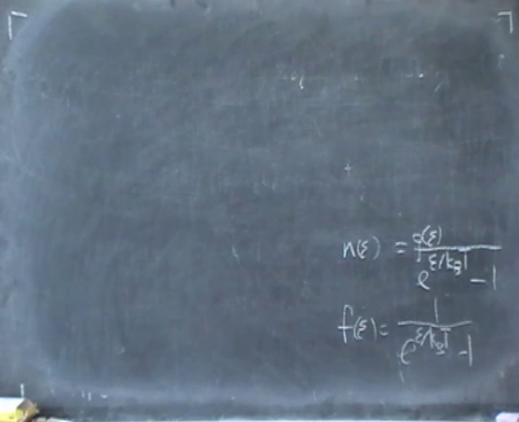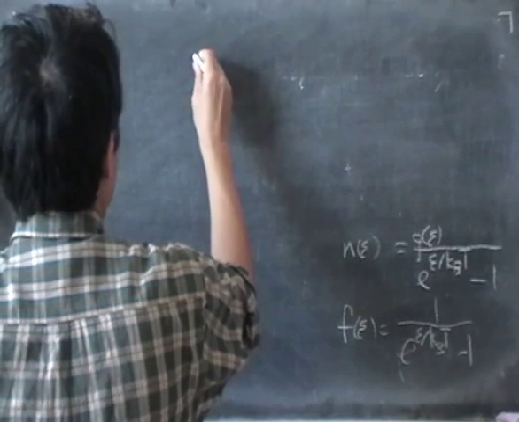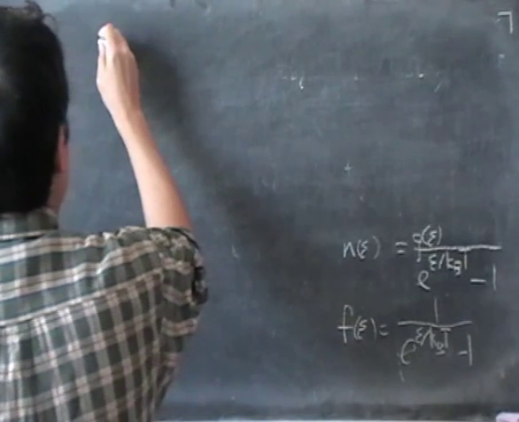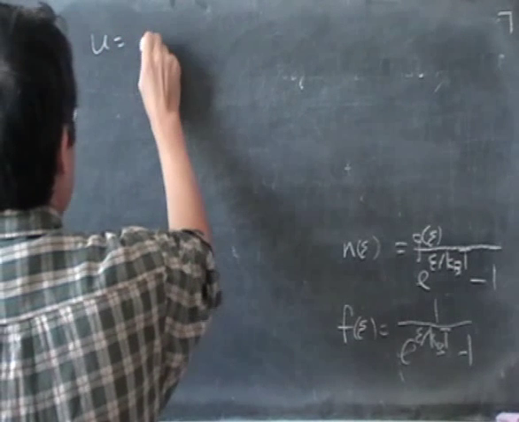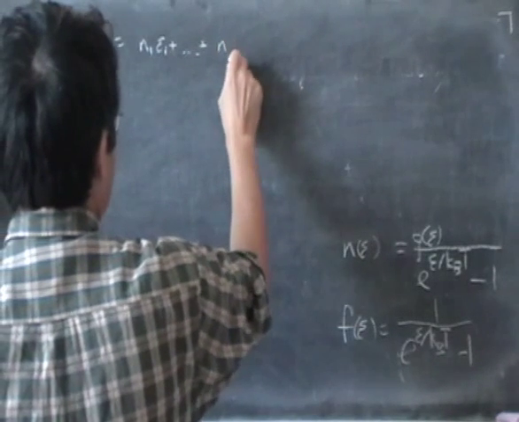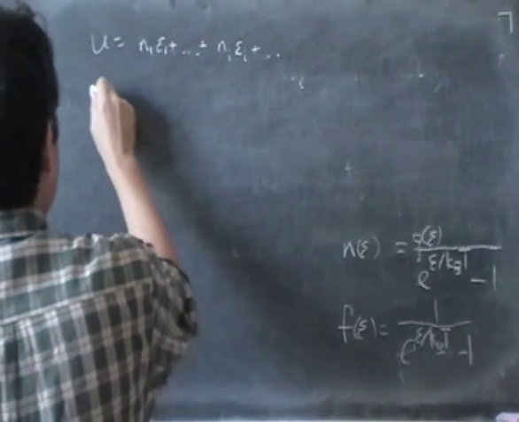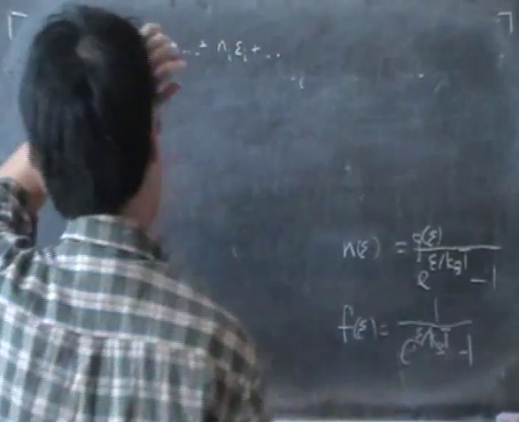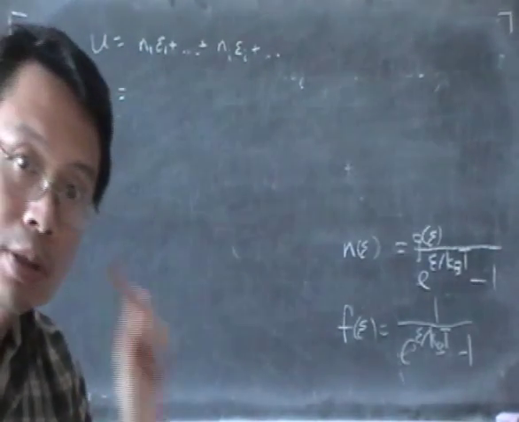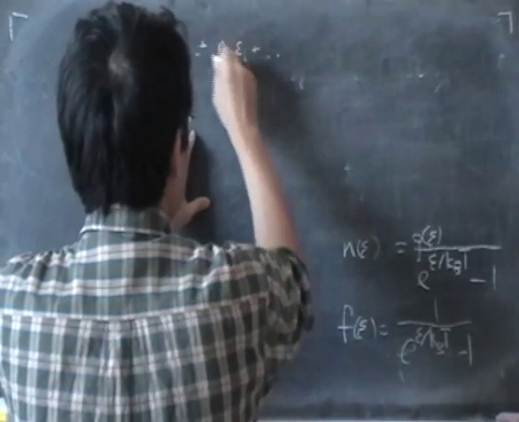So to write down the total energy, we start with, let's see, we can think in terms of the original formula, N1E1 plus dot dot dot, NiEi dot dot dot. And in terms of this, if each of these terms represents a little interval of energy. So in order to get this,